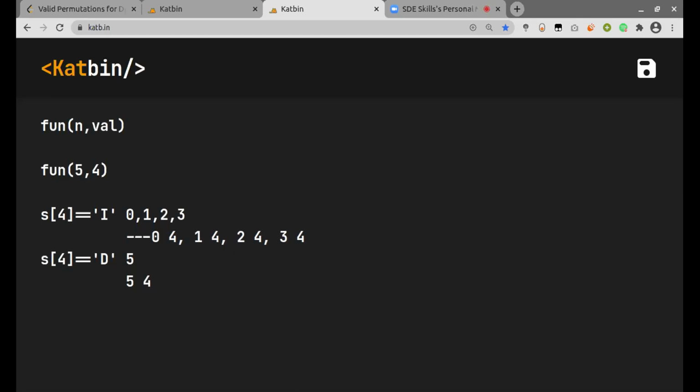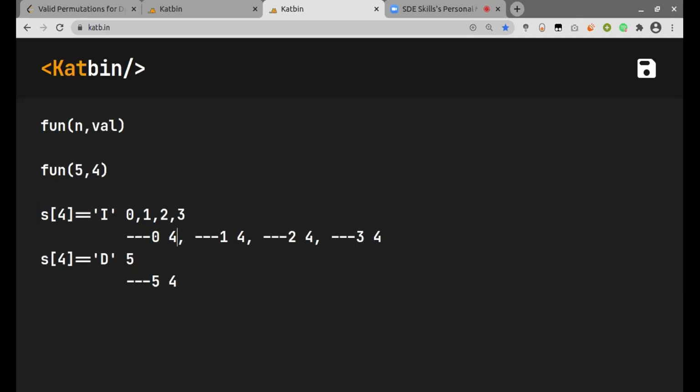And the rule which it will follow will be determined again using the value of the character at that particular index. Similarly, we have to find this combination, and then this combination. Now, if again it was a decreasing one, we just need to find this combination.